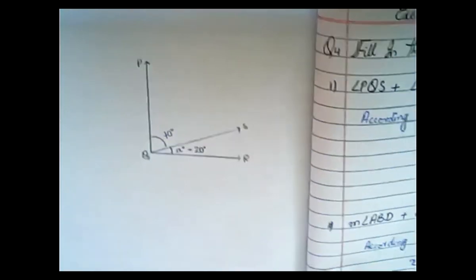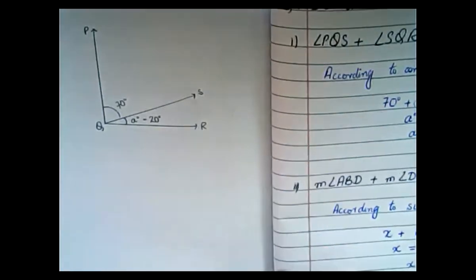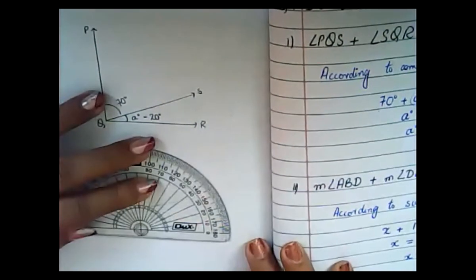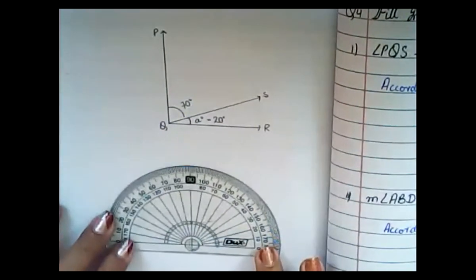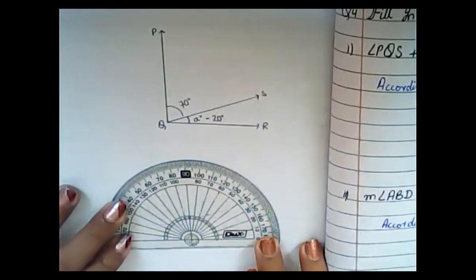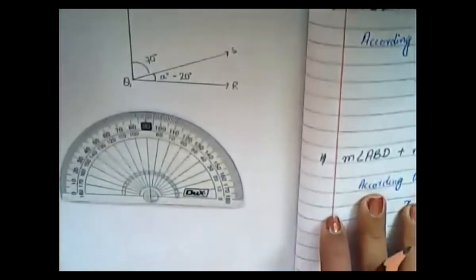Now for the construction of figure number 2, I'm going to draw a straight line. As you all know, the sum of the two angles is 180 degree. So how will you form the angle of 180 degree? Look here. Simply draw a straight line. I'm going to show you according to your image. Now look here.